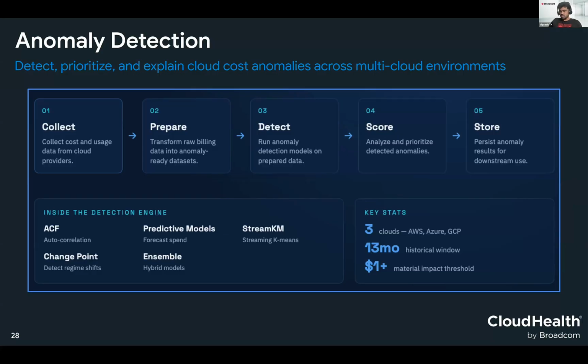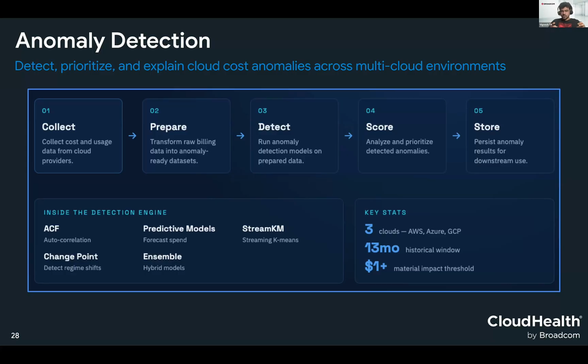This is a huge amount of data, but for the anomaly we want to ensure that service, region and account, which are among the main contexts we need for anomaly detection, are collected. Then we go to the stage called prepare. In order for our anomaly detection engine to work, data is needed in certain ways, so it does cleaning as well as preparation to inject into the anomaly detection engine. Once it is put into the anomaly detection engine, it really runs the anomaly algorithm.